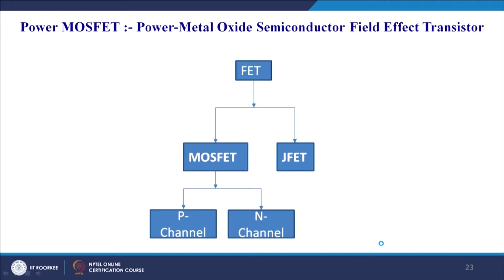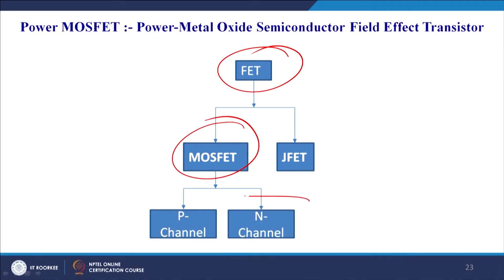Okay. Now, let us come to power metal oxide semiconductor field effect transistors. So, that is FET. We have studied FET in linear electronics or low power electronics. It is the same thing, but you will find that the power rating is at least 100 or 1000 times higher. FET can be operated at a very high switching frequency and has very low gate losses. So, these are the two features, and for this reason we have a MOSFET,